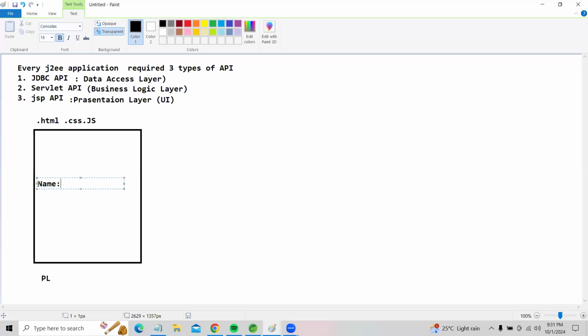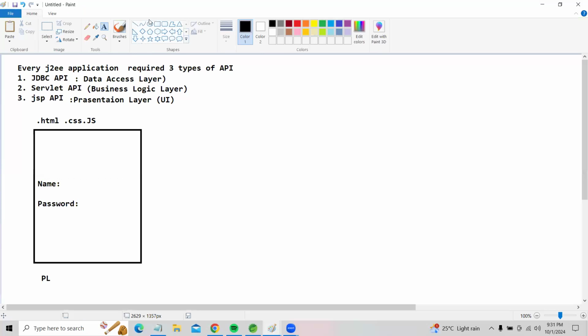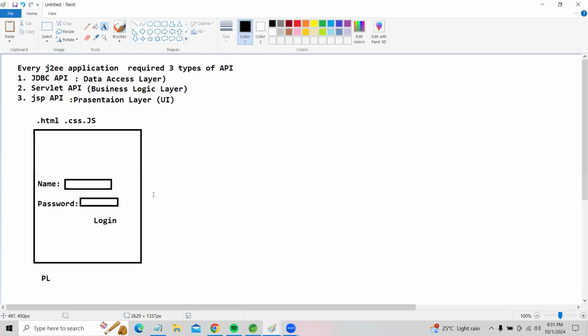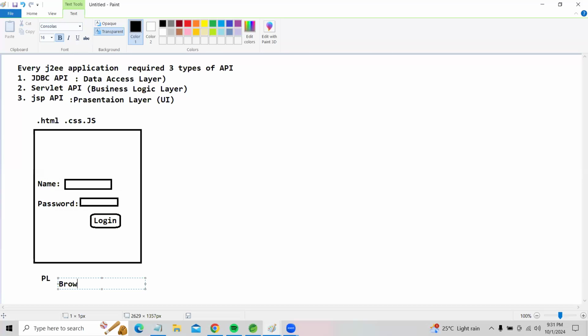For example, name and password, which we always use in our applications, and I am creating a login button. The presentation layer compulsorily runs in the browser only. Here the browser is nothing but our client machine.